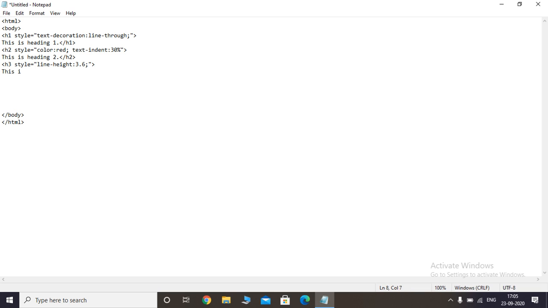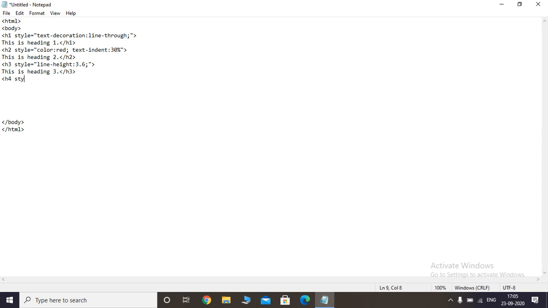Next we will type the heading. This is heading 3, and we will close the angle bracket in this manner. So this is our H3. Next we will go with heading 4.